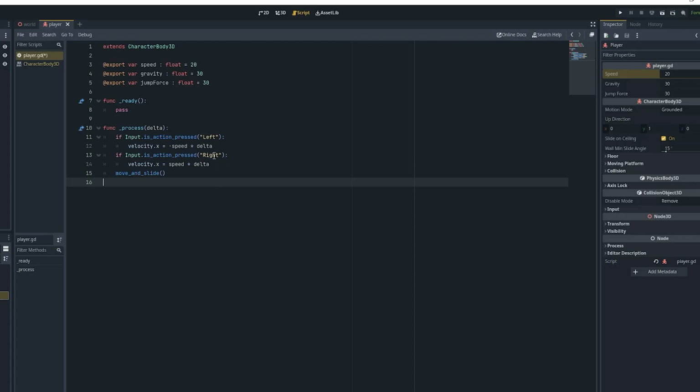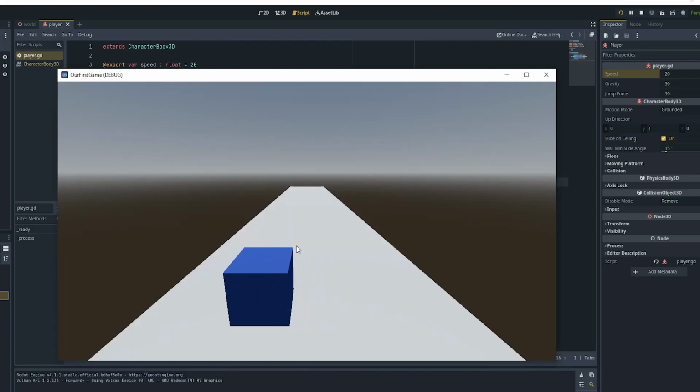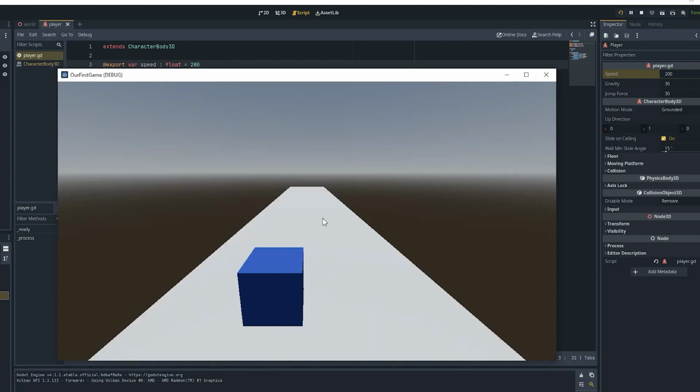So if someone's computer is slow and the frame rate of the game is very slow on the computer, if we do not multiply the speed with delta, the speed will vary with the frame rate. So if there is less frame rate, the speed will be slow, and if the frame rate is higher, the speed will be higher. So if I run the game now, the character speed will be very slow. So now let's just increase the speed value by 200. And if I run the game, you can see the speed is now very good, but it doesn't stop after